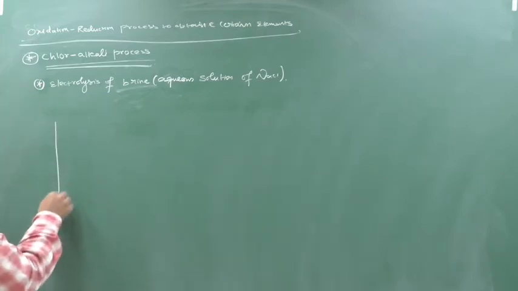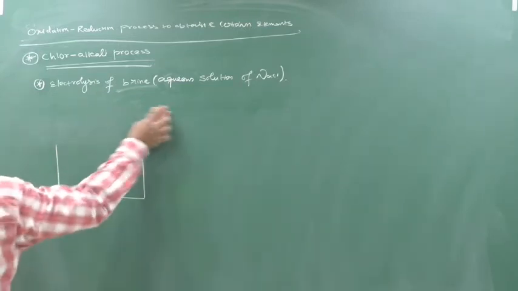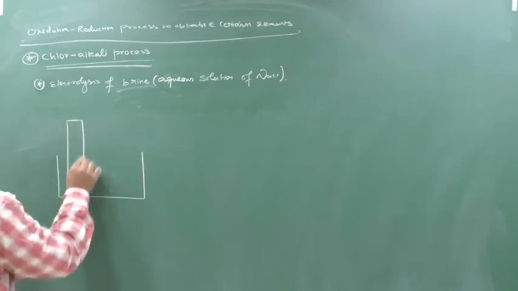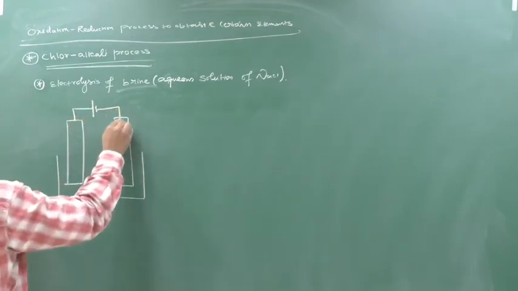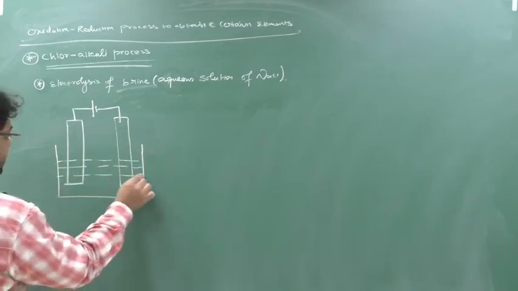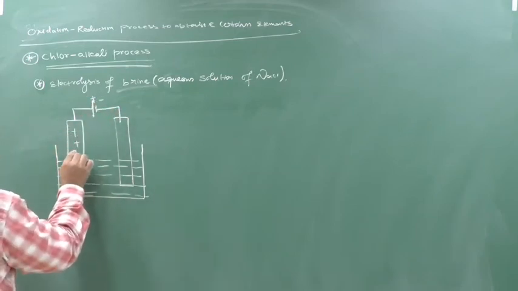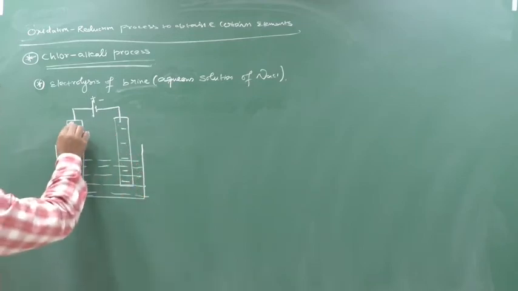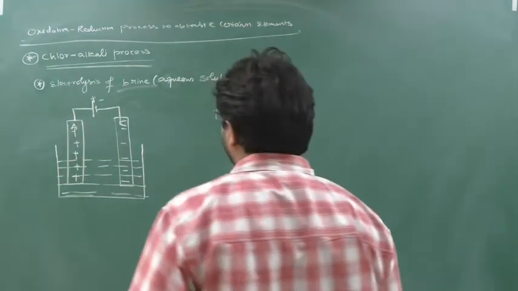Okay. See here. We are going to take one beaker, and in this beaker we will put an anode and we will put one cathode. Here I will put them like this, and this solution contains brine. Brine means aqueous solution of NaCl. Because of this, plus sign will come here and minus sign here. Here plus we call the anode, and here the cathode. Clear this part? So what will happen when I pass the electric current?